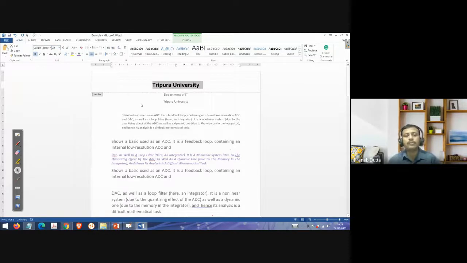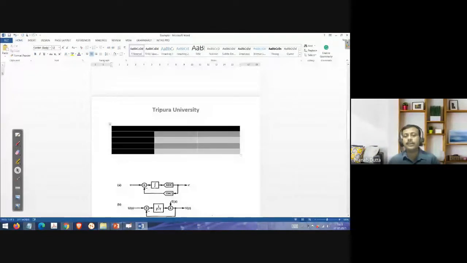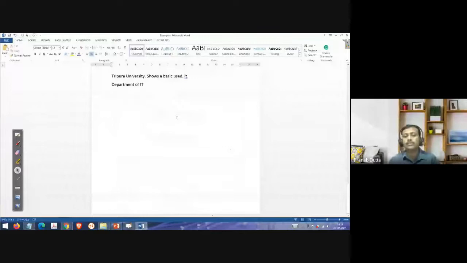So I want it everywhere. Right? So Tripura University, we are entering it as everywhere. I have not entered this on this page, automatically it is coming there. All the pages it will be there. Right? That is how it works.